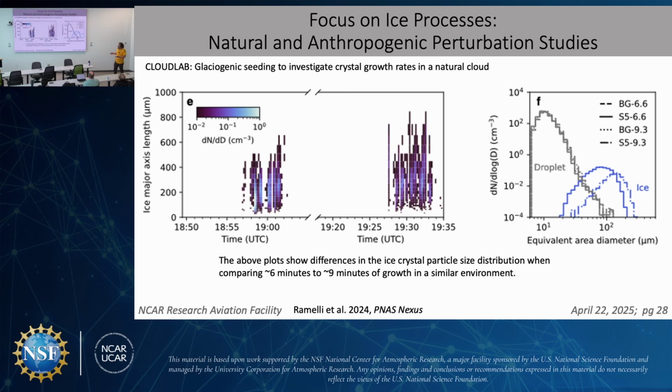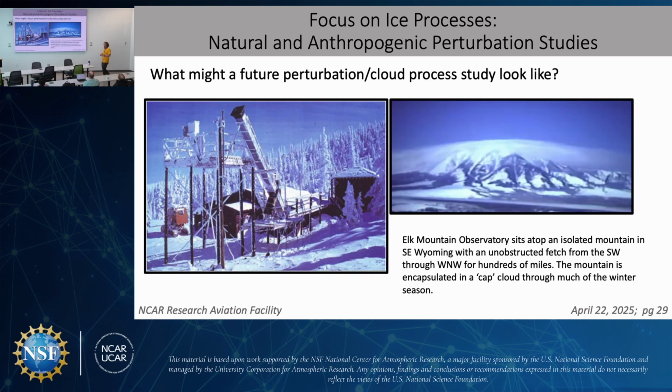And they can also look at the development of the distributions. And from those developments of the distributions, they can back out process and growth rates by comparing how the distributions differ from a 6-minute experiment to a 9-minute experiment. Okay, so that gives an idea of how process studies can be utilized, but how can we control them in a way that we can actually begin to test different types of